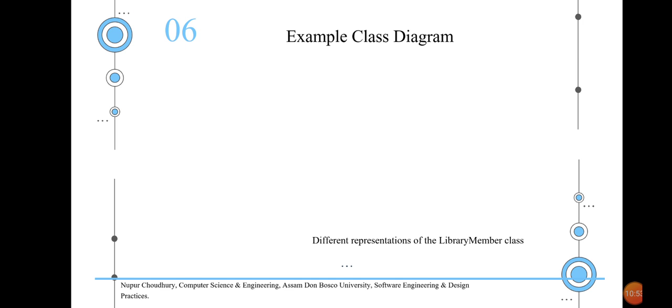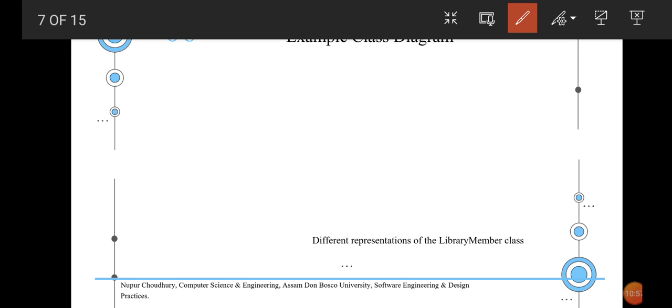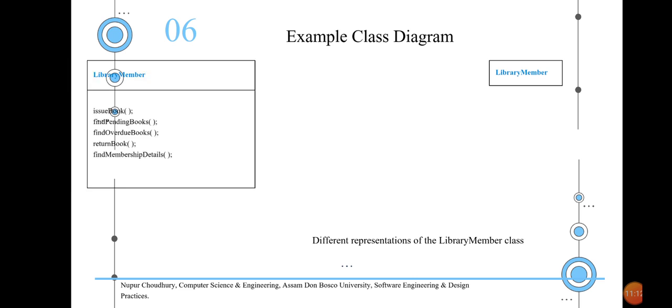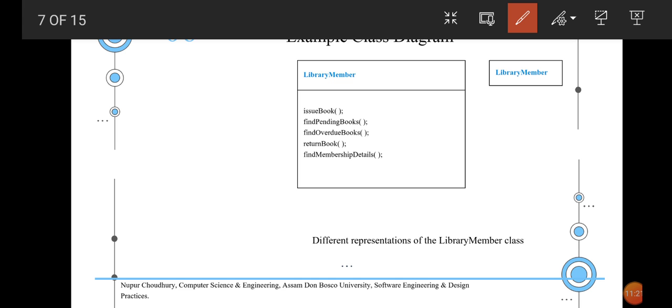If we are looking at the class diagram, let us look at the class diagram. We have not mentioned anything as of now here, so let us look here. There is a library member, so you can consider the library member to be a single class without any information related to it, or you can consider a library member class which has various methods associated with it. So these are basically your methods.